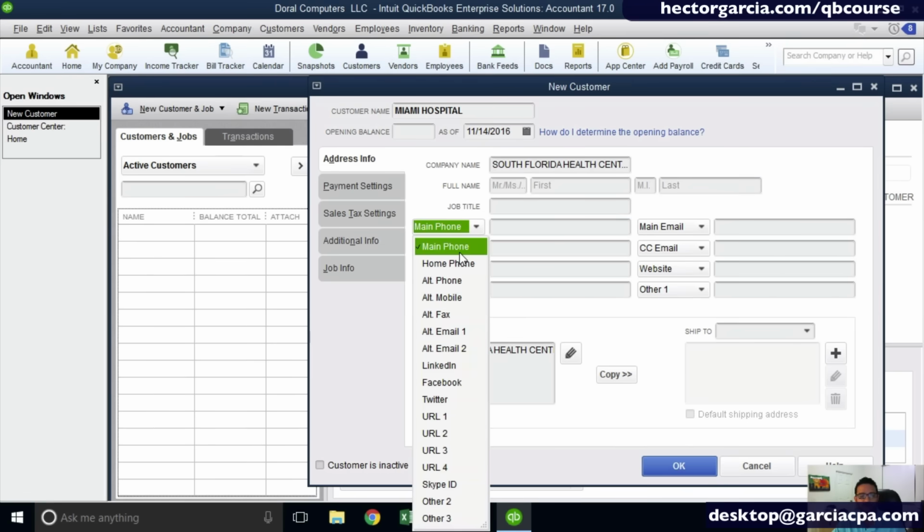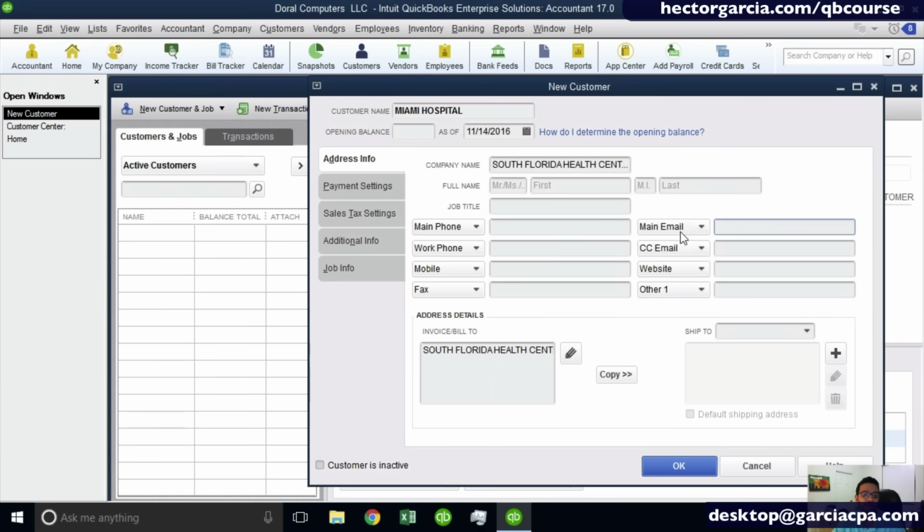Now down here at the bottom, you've got 8 boxes in which you can change the titles, and we can put a phone number, an email address, Facebook page, Twitter page, website address. We've got all sorts of things we can put there. The one thing I always recommend that you put is the main email, because that's the default email to send the invoices to. So we'll put here